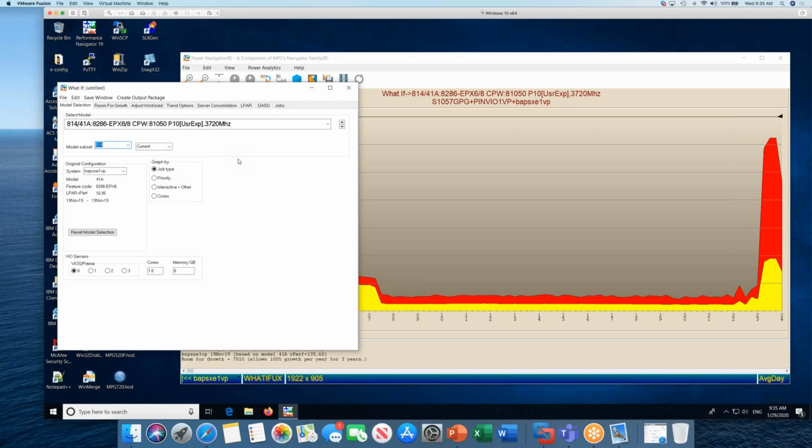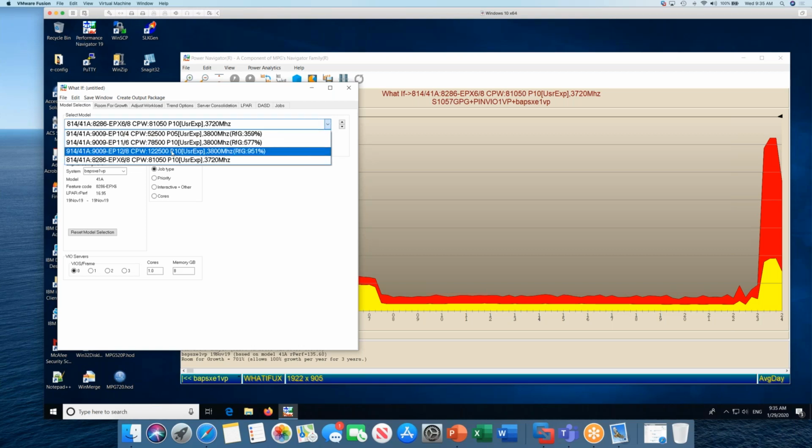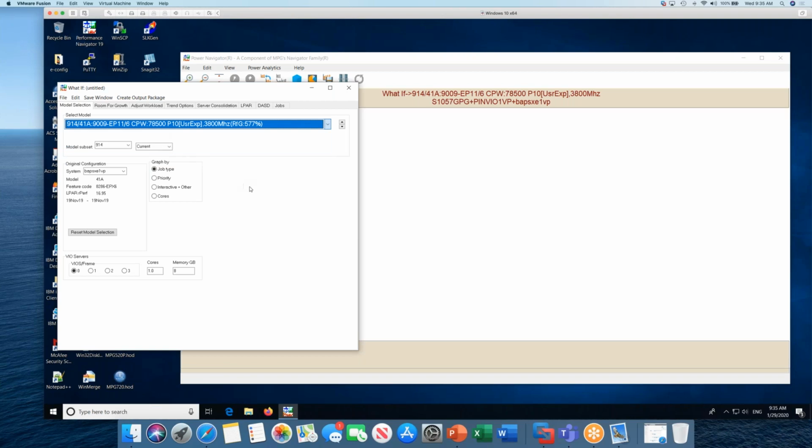Well, by the way, capacity planning often, and I did one yesterday for a Power 7 customer, all they wanted to know was how many cores they needed to activate. Or we do some models from a Power 7 to a Power 8. So it doesn't necessarily have to be to a Power 9, right? We can model anything. There are several versions, so you have to understand there are limitations on some of these, but let's say we go here,